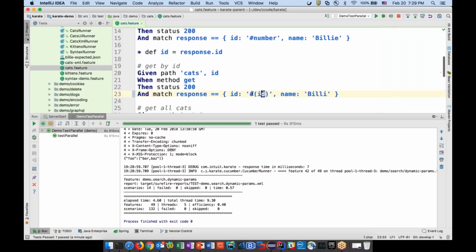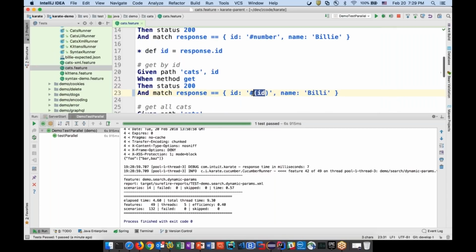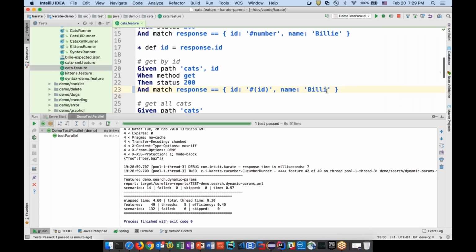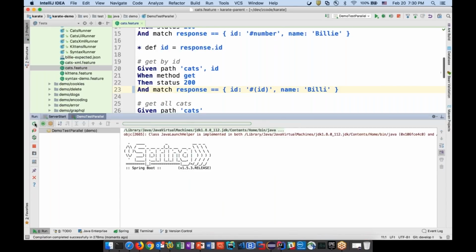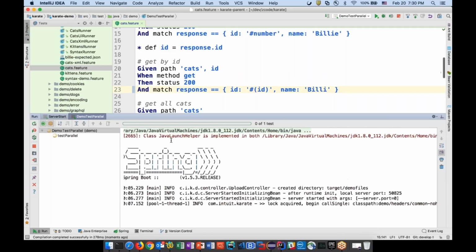I'm just going to introduce a typo here. So you can see a match response assertion, and a use of, by the way, embedded expressions and all that. I've made a typo, a spelling mistake here. Let's rerun this parallel test and see what happens.